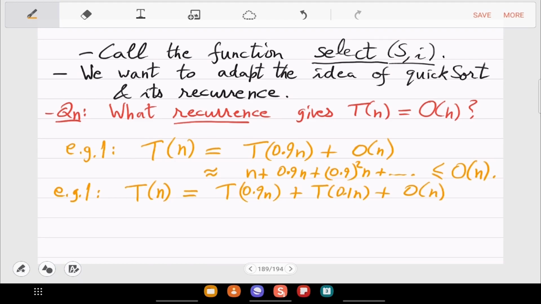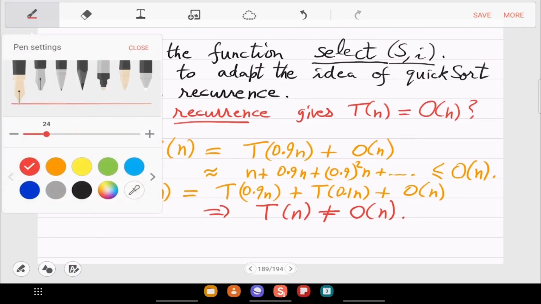So do it as an exercise that this will not give you O of n, because this is like merge sort. Merge sort also does a similar thing. It divides into 50-50% and calls both. So there is an extra log n which kicks in. So you will get a similar result here. So this will not work.